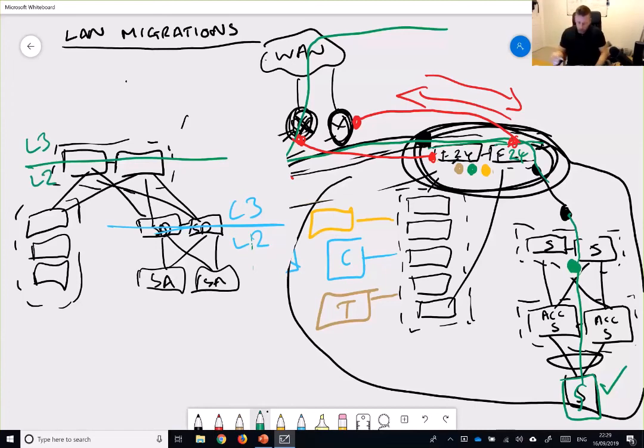But what that means is, in the old scenario, if the switch stack failed or something like that, everything was taken out. Obviously, at this point, if the collapsed core was taken out, and both of them were taken out for whatever reason, you would lose everything in the site. But there's only so much redundancy you can go into, because the same thing would happen if the WAN links are like this and you lost both of them.